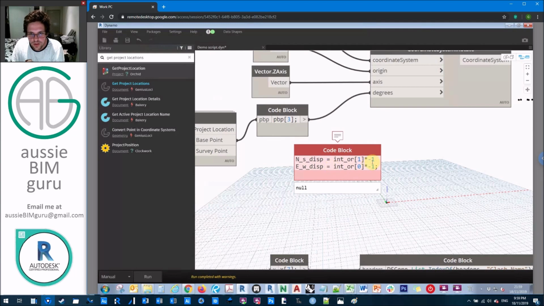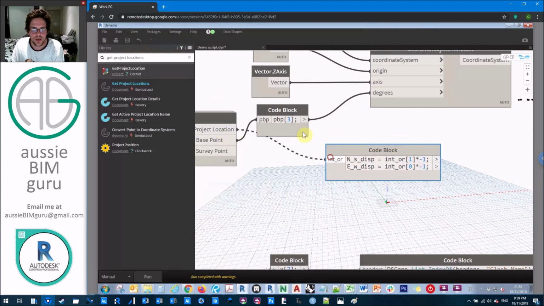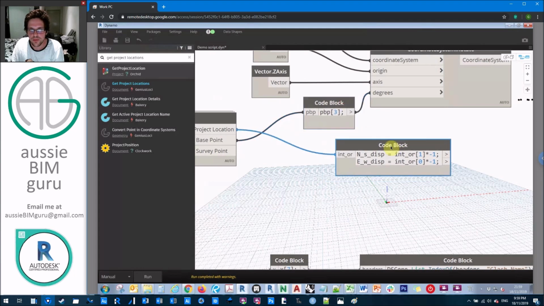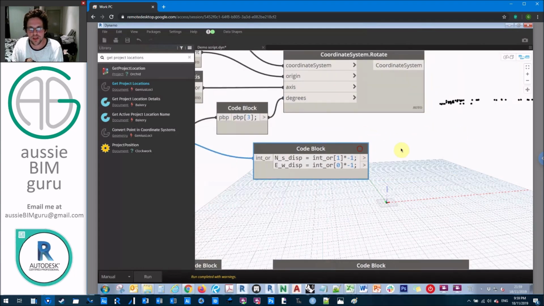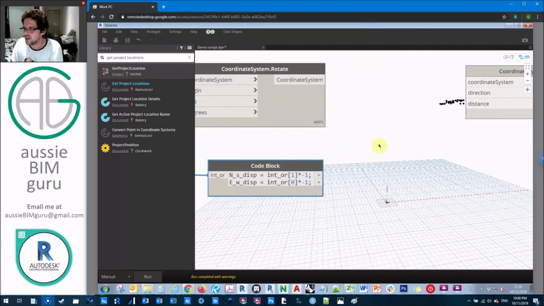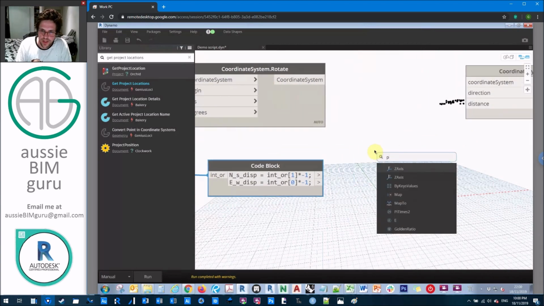I'll just double check. It looks like I must have forgotten a semicolon. Yep, there we go. And we'll feed in our internal origin list, and this will give us our translations for north, south, and east, west, respectively. What we need to do now is find that point